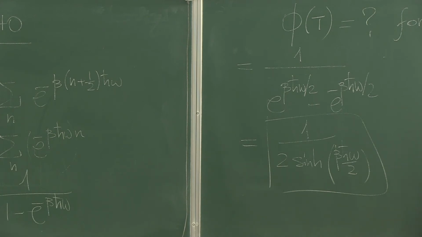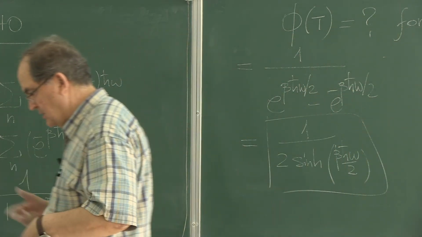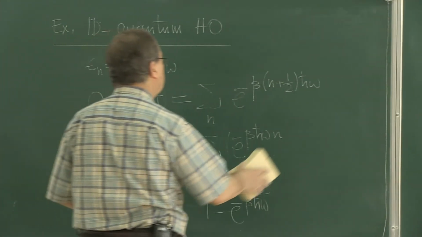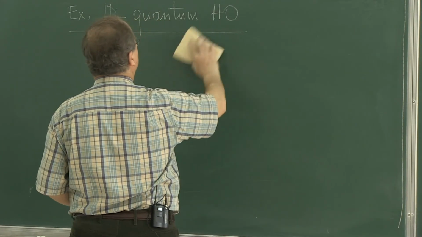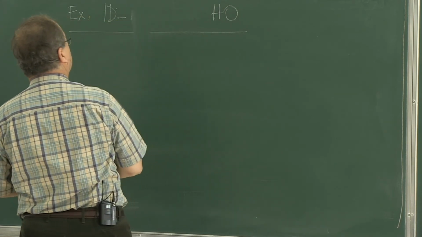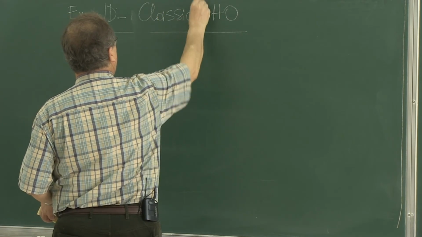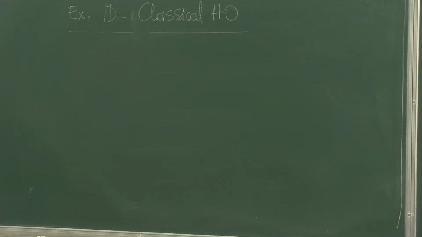Let's do classical one-dimensional harmonic oscillators. See, there are variations. The same model can be done in a couple of different ways. They constitute different models then. So you can do the calculation for those cases too. Classical. Each one of these is a different example or problem. Here is a one-dimensional classical harmonic oscillator.